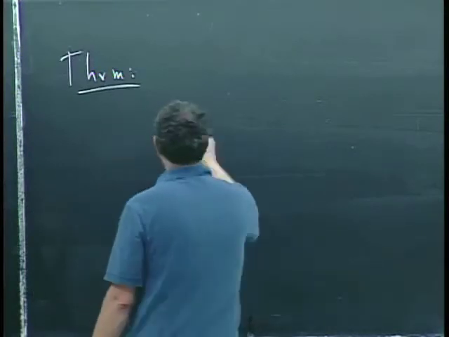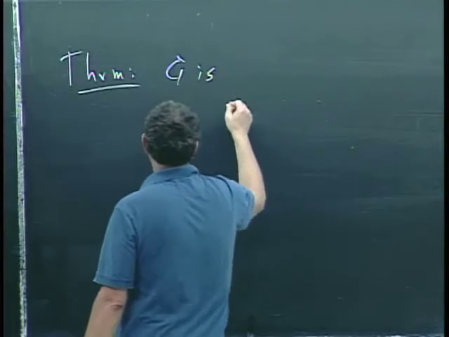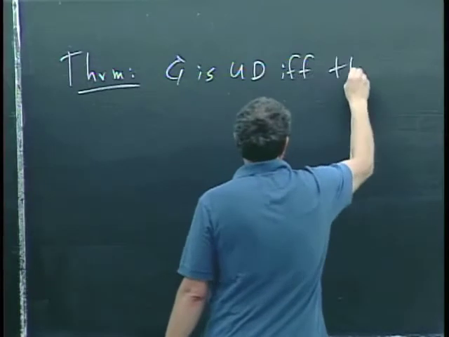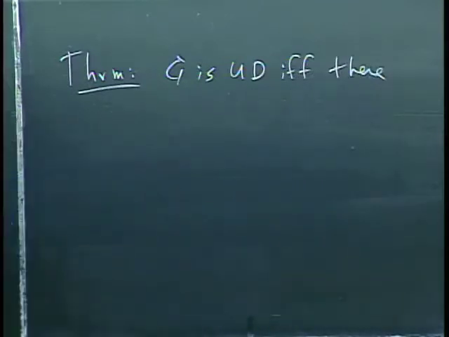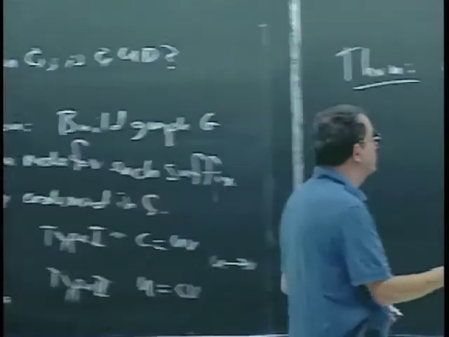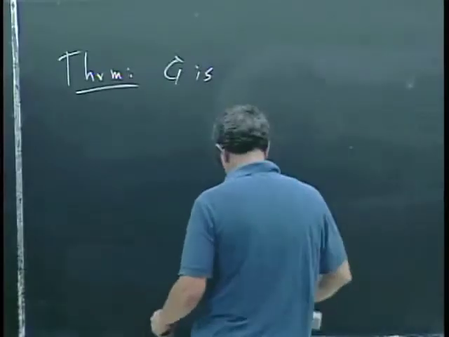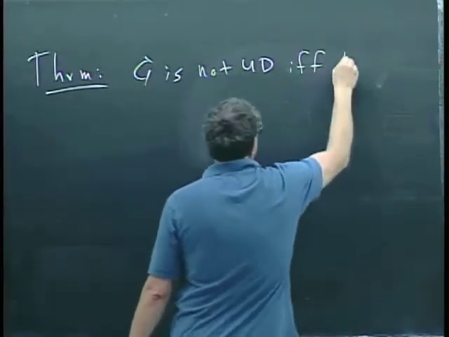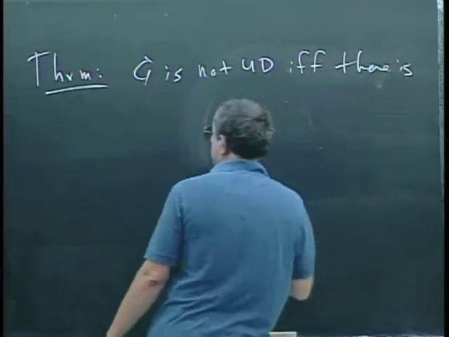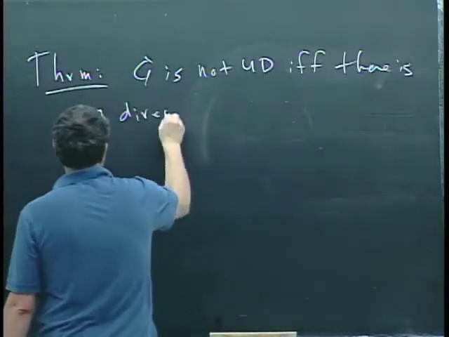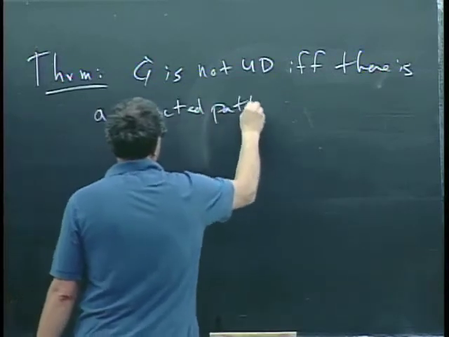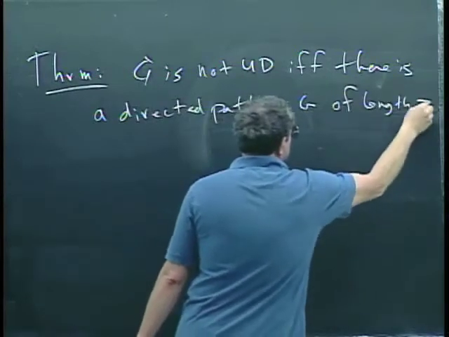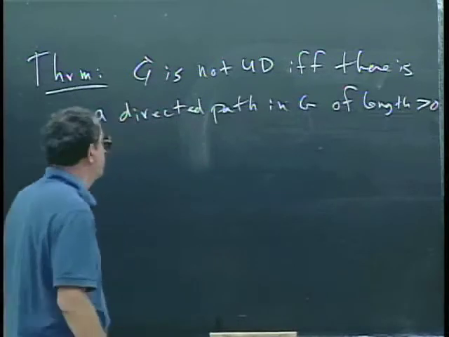And then the theorem that we were about to start proving, or we actually did start proving, we didn't get very far. The theorem is that a code is uniquely decipherable if and only if, now actually the way I phrased it last time was not uniquely decipherable, which is sort of the traditional way of putting it, but is not uniquely decipherable if and only if there is a directed path in G of length greater than 0, at least one edge,